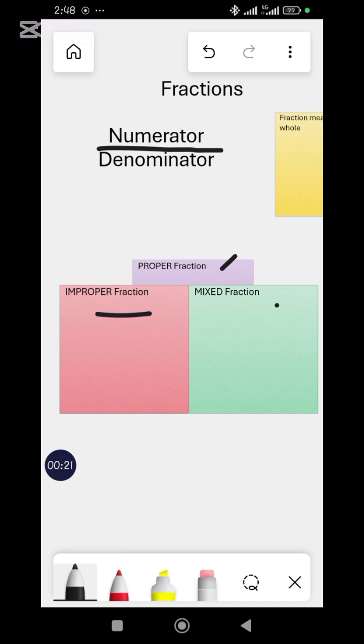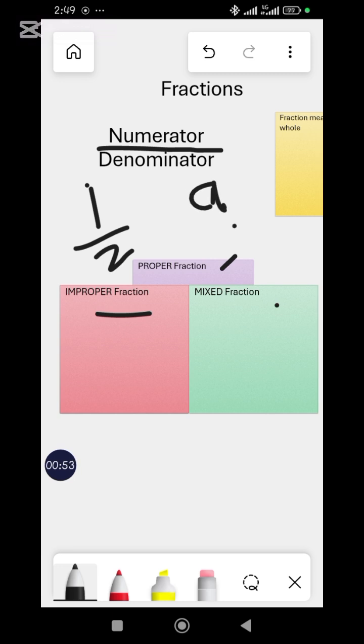Now proper fractions are fractions where their numerators are smaller than their denominators. For example, numerators are smaller, 1, and denominators are bigger, 2. Numerators are smaller, let's say 9,